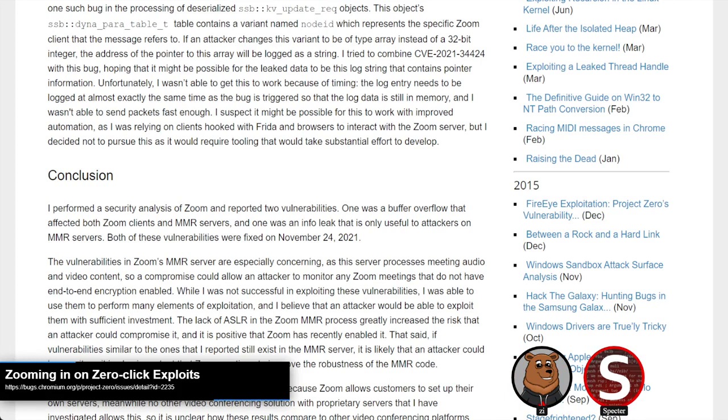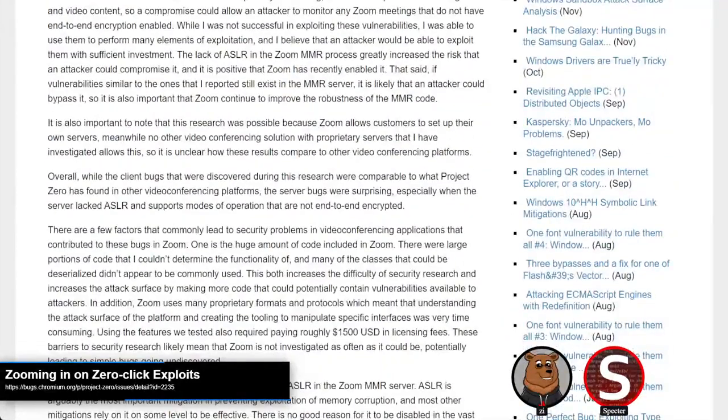They were heavily relying on Frida because this is closed source software, and they're dealing with these kind of complex state machines, right? So you had to have some specialized tooling to even get the introspection that they needed. After some heap shaping, they were able to use the buffer overflow to smash an adjacent object's virtual call. They said it worked like once in every 10 times they tried to trigger it or so. But after that, it became a lot more difficult to actually abuse that code execution primitive,